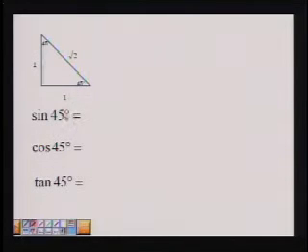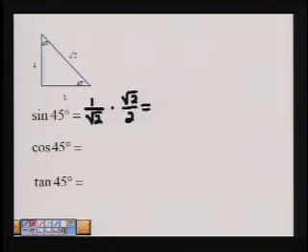Now recall the sine, cosine, and tangent ratios. So the sine of 45 degrees is equal to its opposite over its hypotenuse. We often choose to rationalize the denominator when we have a fraction with a radical in the bottom. To do that, we would just multiply the top and bottom by radical 2. 1 times radical 2 is radical 2. Radical 2 times radical 2 is just 2. So the sine of 45 degrees can be called 1 over radical 2, or it can be radical 2 over